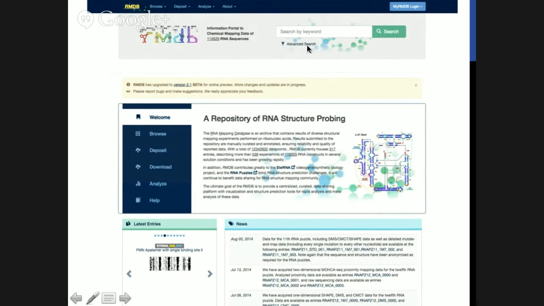So first I'll say most or at least half of the interface design is inspired by the newer version of the PDB website. So I think they have a really good interface design, so we were trying to be similar at least. So we have a search engine at the top of every page that you